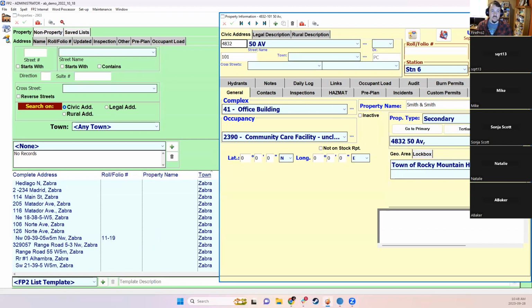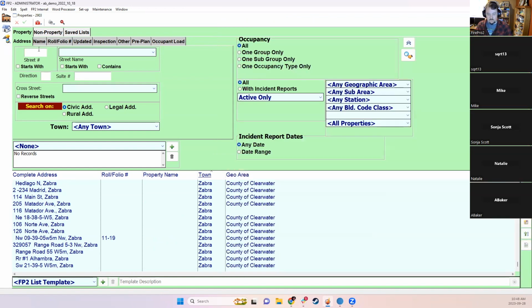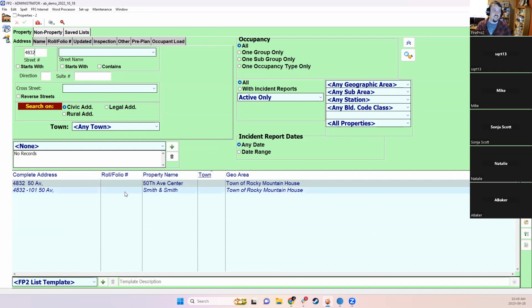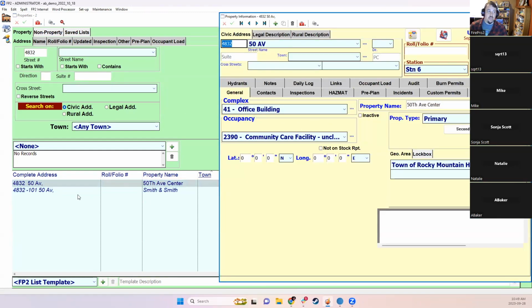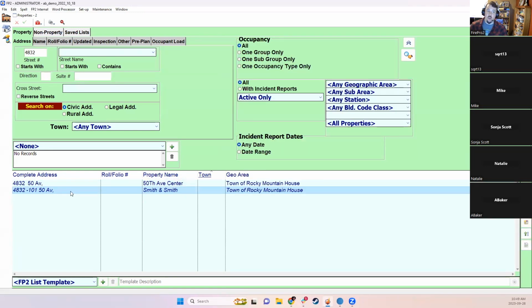So what this is going to let me do is I'll just do a search for this street address. So now if I look for this particular street address, I can see I have the primary record and I have secondaries. I could have multiple secondary suites on here. This would allow me to have different owner information attached to the primary, and it would then allow me to have different occupant information attached to all the secondaries, allowing you to create these much more complicated properties where you